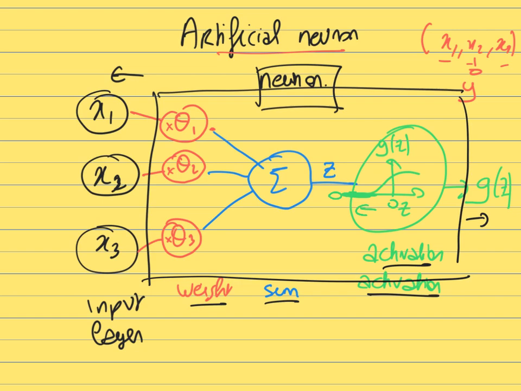On the other hand, if z is very large, then you will have a lot of signal transmitted by this neuron. This neuron is going to transmit a signal of, for example, +1. So it means that depending on the value of z, depending on the value of the input signal, the neuron will either transmit an output signal or not transmit any output signal.